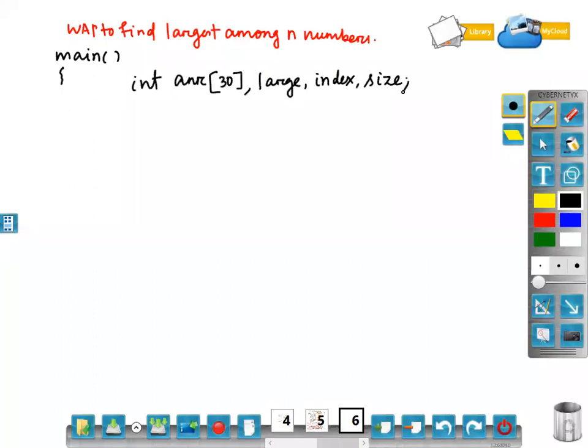Now, like the last program, you take the input for size first. Already we have discussed that you just take the input for the size variable. On the basis of the size variable, you take the array input. Clear? This much we have already written in 2 examples, how to take input for size and how to take input for array. Clear?